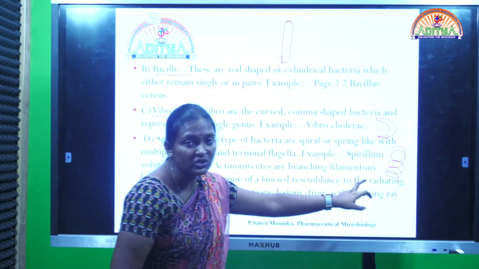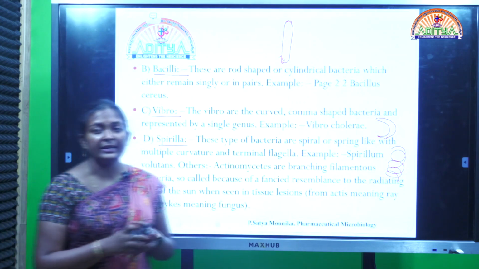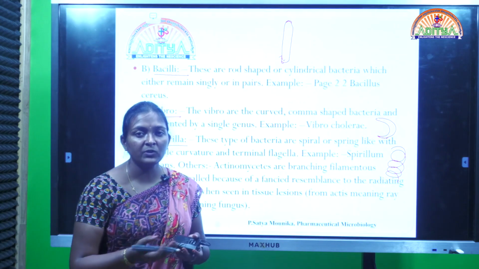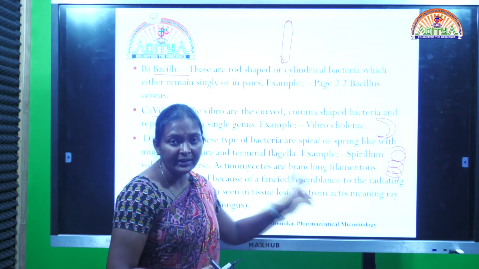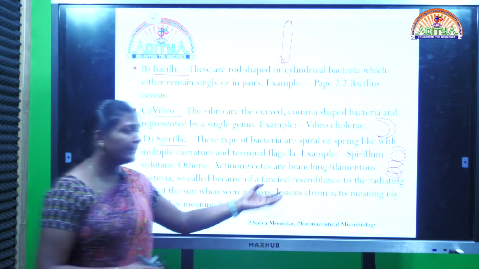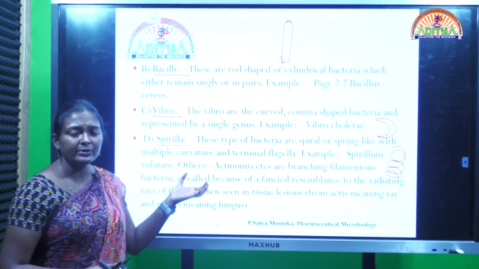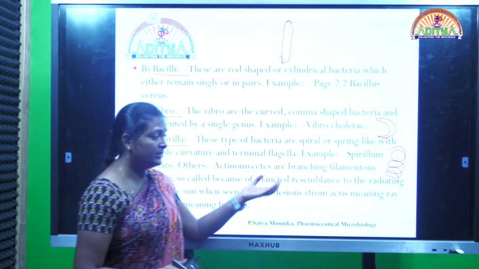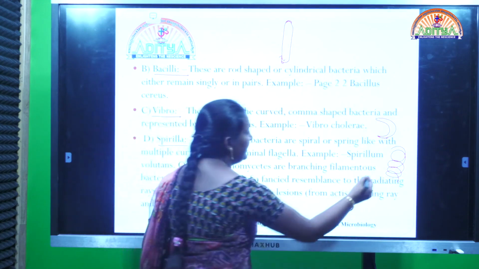spiral or spring shape. So here the example, somewhat this would seem like a telephone cord, the landlines which we would have in our childhood. How the telephone cord looks like, the shape of the bacteria would also look like that. And the example is Spirillum volitans. And the other class would be Actinomycetes, where you would observe the filamentous structures